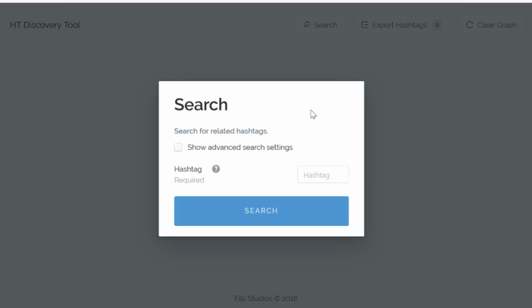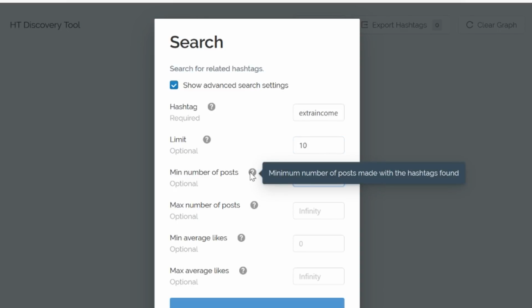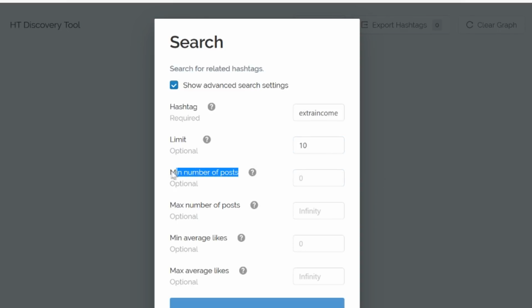So what you do when researching hashtags here is you type in a hashtag related to your niche or post. Then choose as many hashtags as you want to research, the standard being maximum 10. Then you choose the size of these hashtags you want. The size doesn't really matter that much actually, so you can go for big ones from around 100k to 10 million, for example, just to give you some selections, but I'm going to show you why the size of the hashtags doesn't really matter that much.